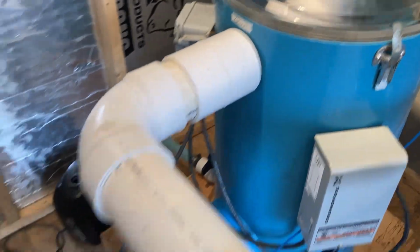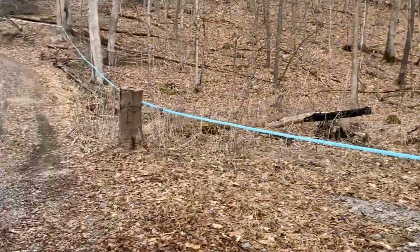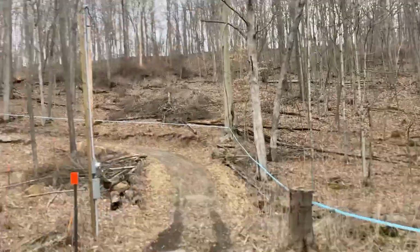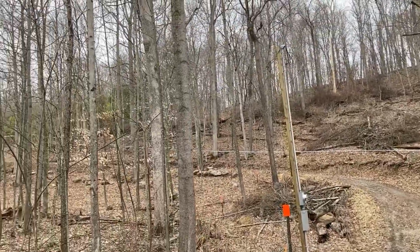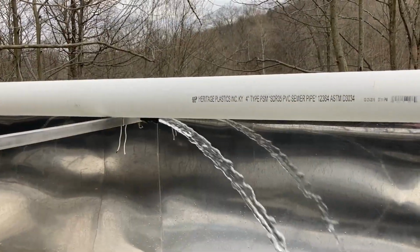And then this releaser shoves the sap up the hill into our big bulk tank. That may look like water, but